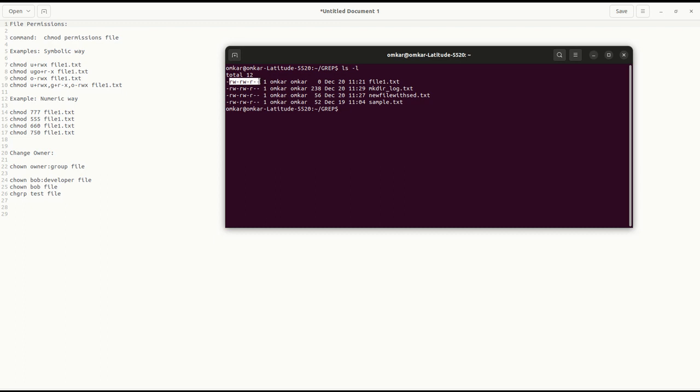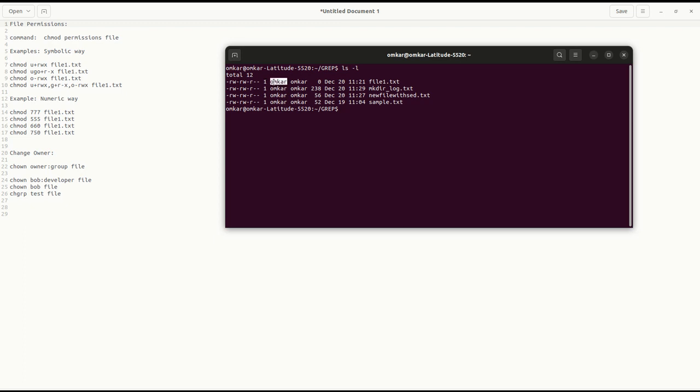Okay, these are the permissions, and we'll see who has these permissions. And this represents the number of links this file has to other entities or files. Currently it has a link to itself,